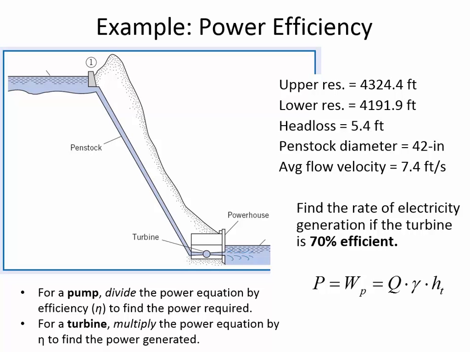But that's if the system was 100% efficient. And I already told you it's 70% efficient. So the question is, do we multiply or divide to find out how much power actually can be harnessed from this system? If you've got 70% efficiency for a turbine like this, we need to multiply by 0.7, and then that'll tell us that the useful power is 718.7 horsepower that can be utilized at 70% efficiency.